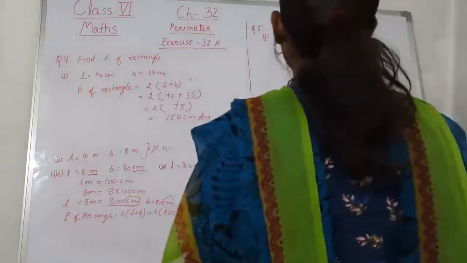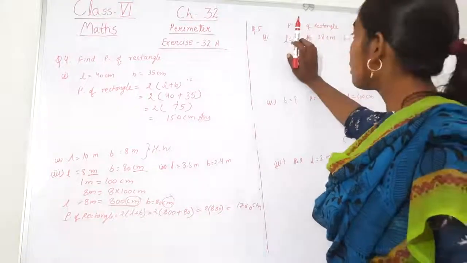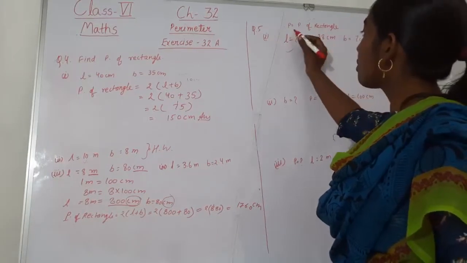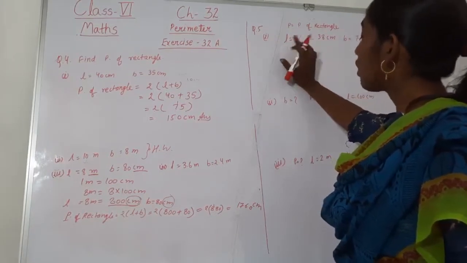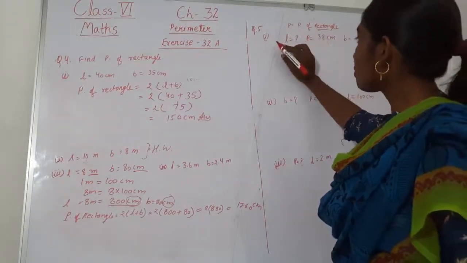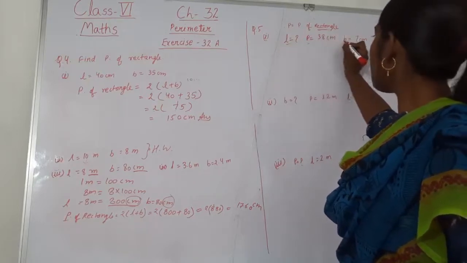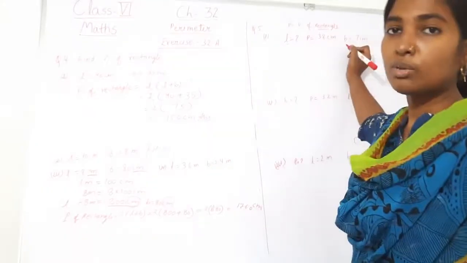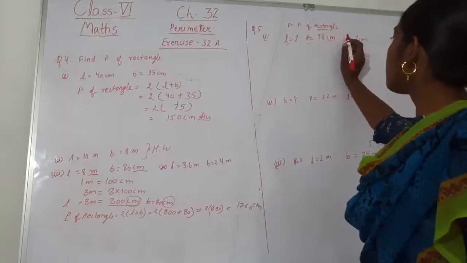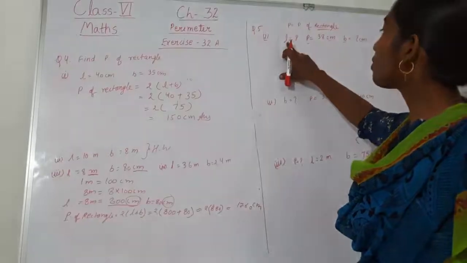Then question number 5. See how we can solve question number 5. In this question few values are given and it is asking us to find out one of the missing values. For example, all the values are given for a rectangle. Okay, so in the first part it is asking us to find out the length, where perimeter and breadth are given. Again, before solving the question, find out whether their units are the same or not. Centimeter and this is also centimeter, that means we can apply the formula and we can do the addition and subtraction.